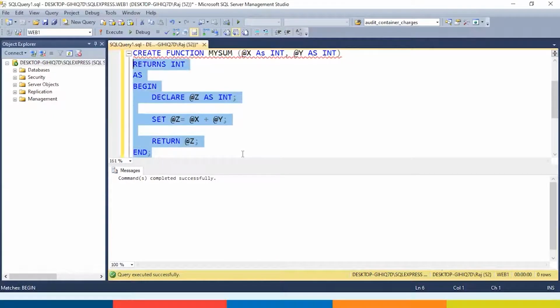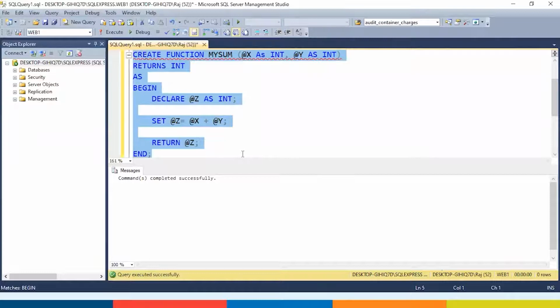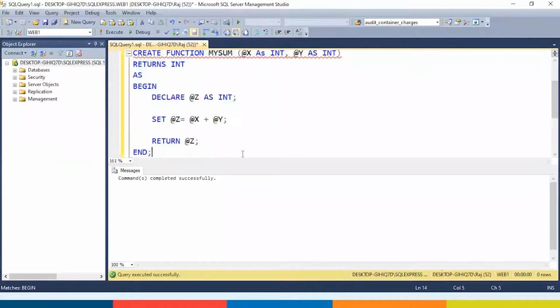No worries. I'm just first giving you an example, and I will explain each line of this code which I have written. So the command completed successfully. The function has been created.